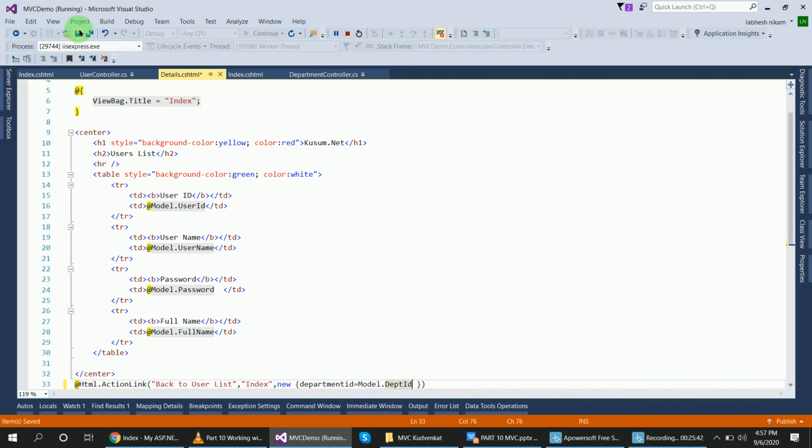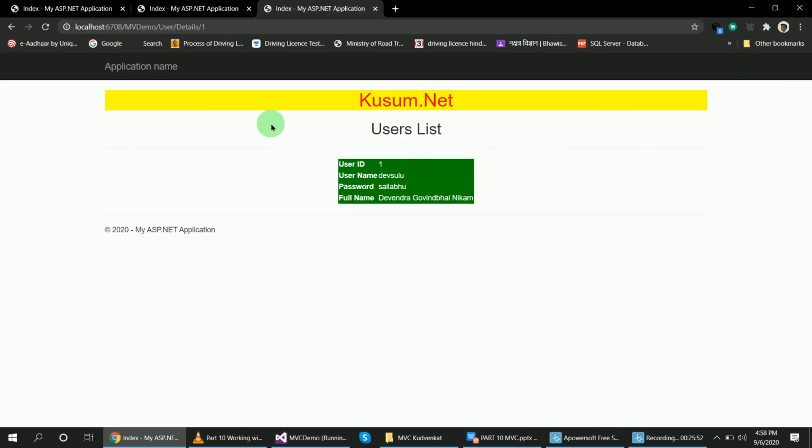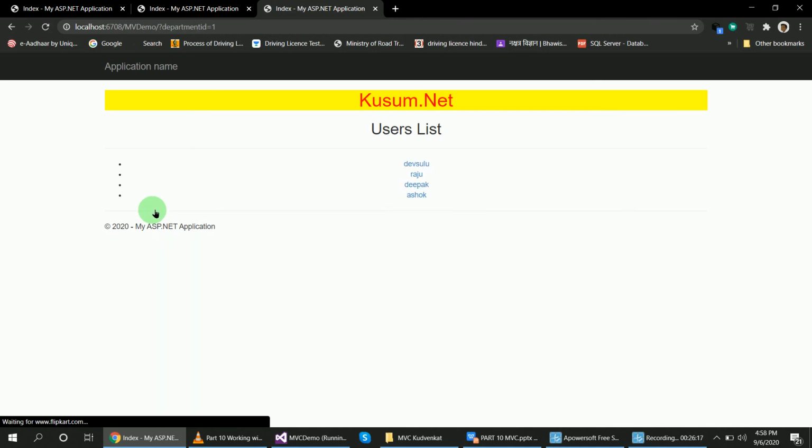Now we run this program and check, or we already have run, and just refresh this page. This is my link back to user list, and you can see here in the bottom that this displays department, so it will go to the department users list right here.